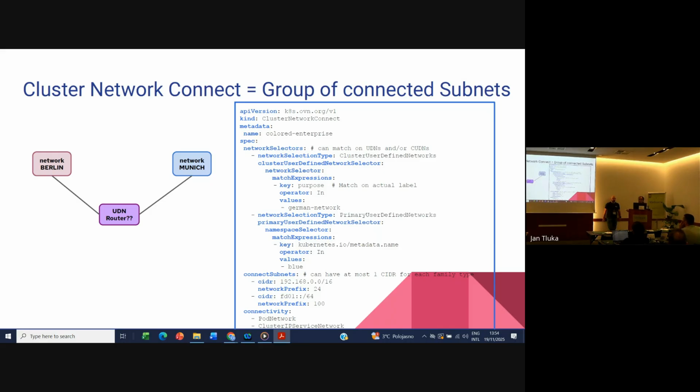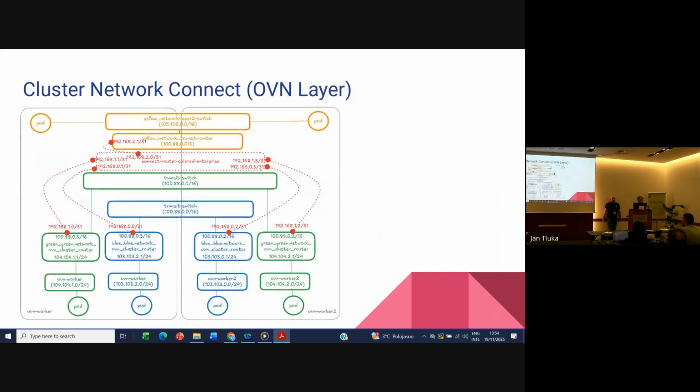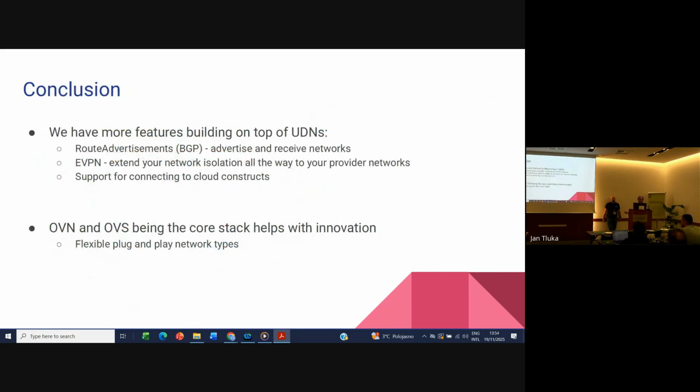So this is a new feature that's in progress, probably slated for the 1.2 release in our community. And that's what it looks like. So we put a router in the middle, not a big deal. But the takeaway for our lightning talk is exactly that the fact that OVN Kubernetes uses OVN and OVS makes it so much fun, because both for VPCs and any other thing, we're just logically building the blocks. Like Dave was mentioning, we have a UDN, we have a cluster network connect. And then on top of this, we can leverage this, and we have more features in the pipeline to make things possible. So extension plug and play is what we're after. And that's it. We have 3 minutes for questions. Thanks, everyone.